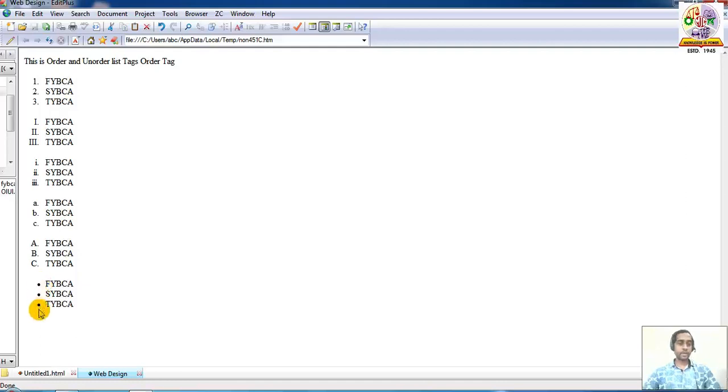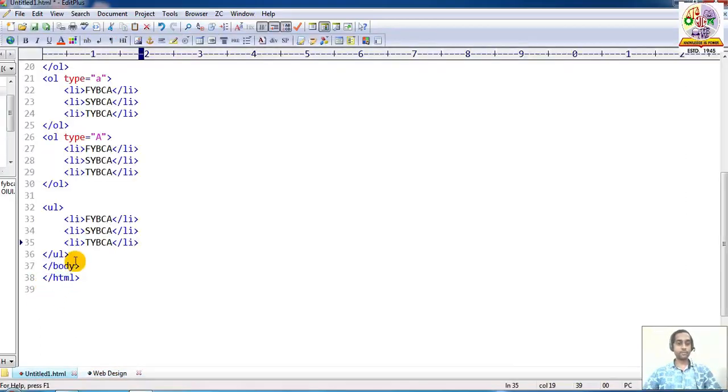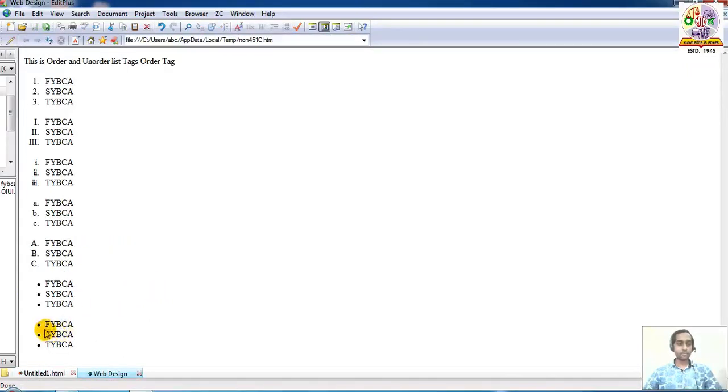If I want to create another symbol, then simply type here: type equal to circle. Again press Ctrl B, like that.